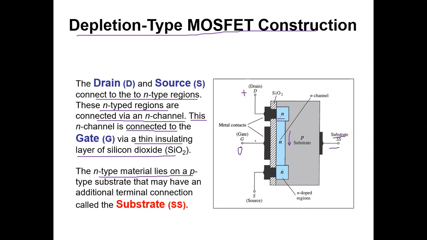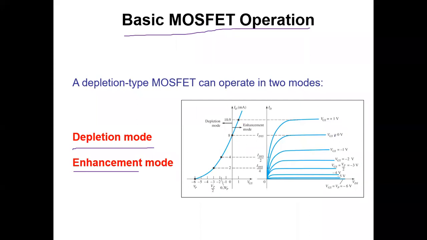So the working is quite simple. The thing is, instead of a tap, now we are having a gate potential, the gate here. Initially we apply zero potential here, so the tap will be open. Now if we start putting some negative potential here, suppose negative 1 volt, the channel starts getting destroyed or depleted. And at a particular moment, your complete channel will be depleted, and no matter what you apply on the drain, there will be no flow of electrons from source to drain, and there will be no current. This is being depicted in this particular diagram. Here you can see when the gate source potential is zero, you are getting a maximum current.